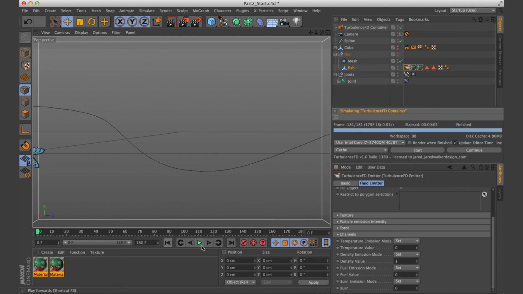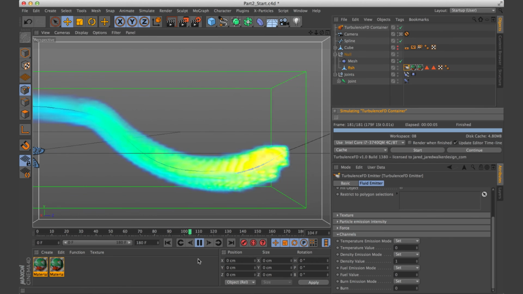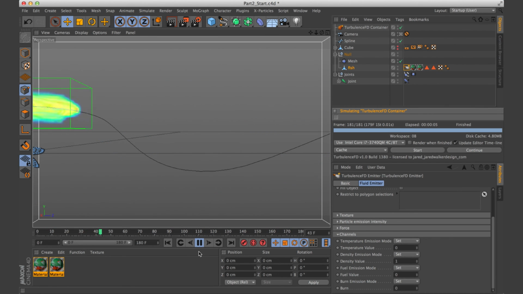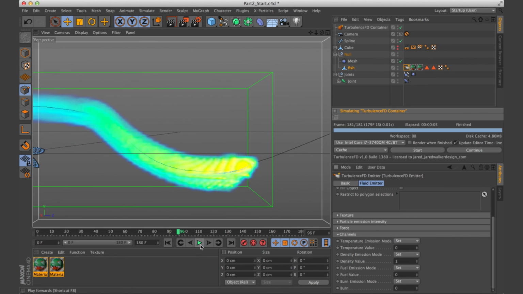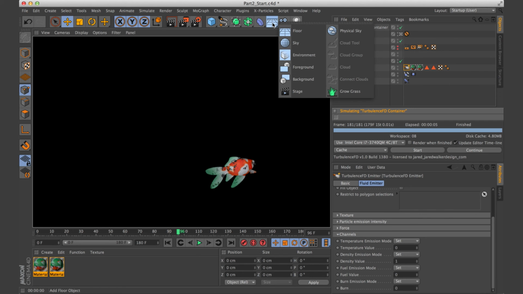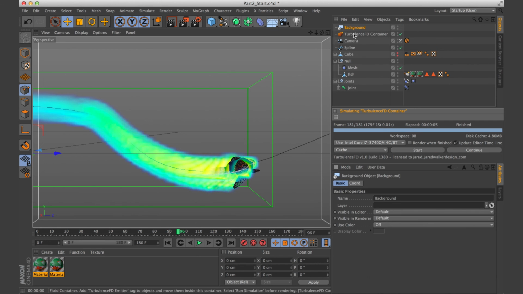So if we go back and play it now, you'll see we're actually getting a trail already. If we pause it and render, we won't see it yet because we've got a black background. And so what we're going to need to do is make a white background.